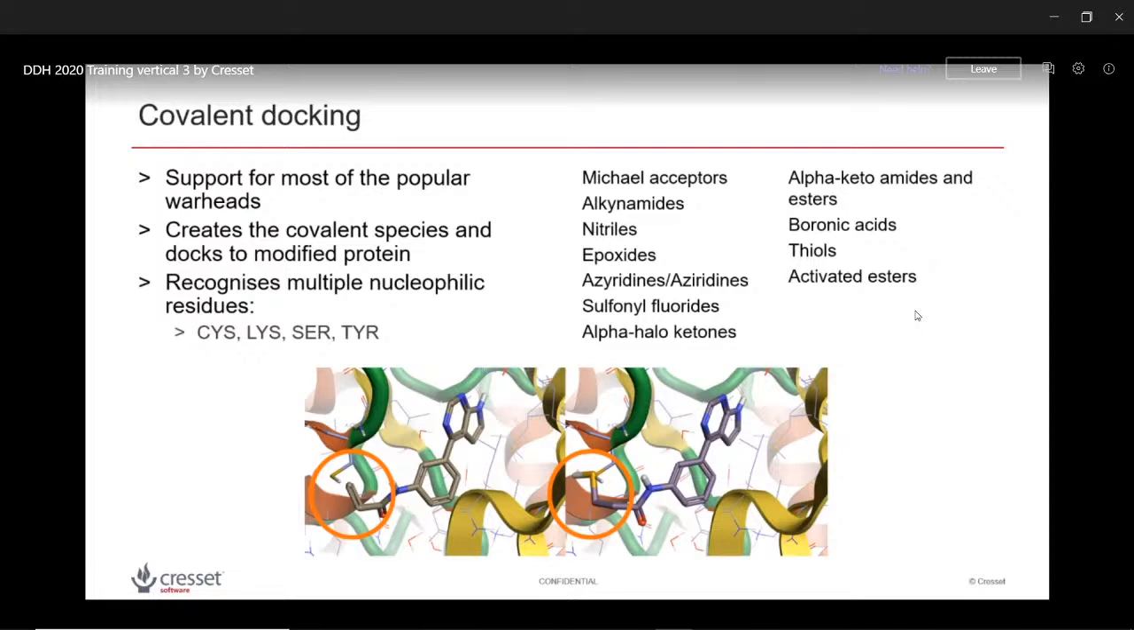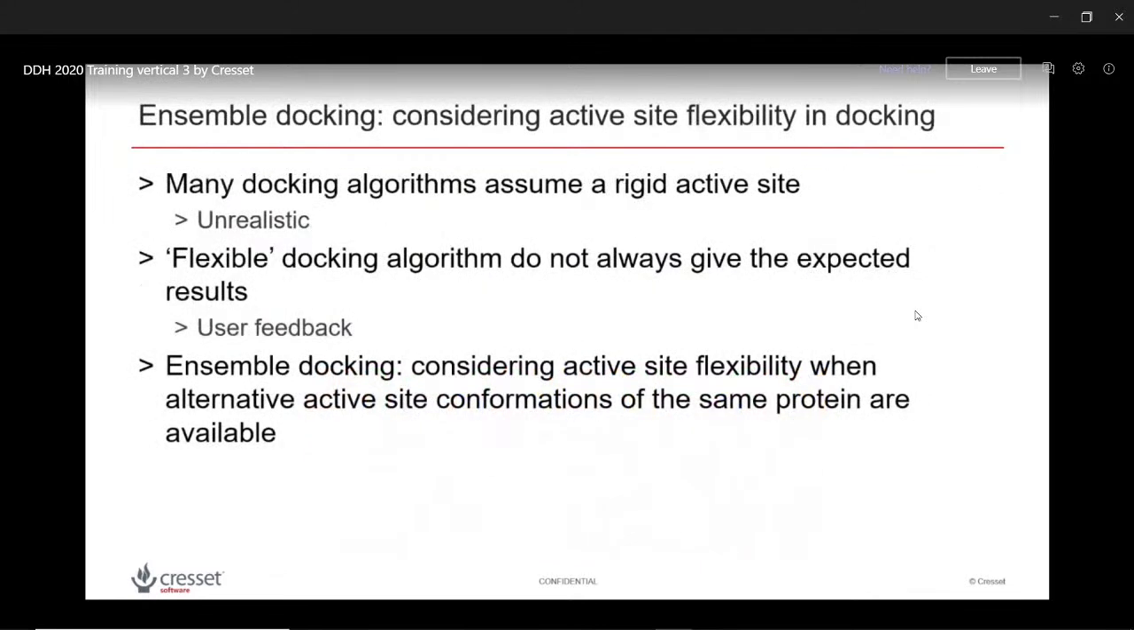So the residues that are supported within covalent docking are cysteine, lysine, serine, and tyrosine. Just a brief mention of ensemble docking. This was developed because many docking methods assume a rigid active site, which is unrealistic. Ensemble docking is a module of Flare for considering active site flexibility when you've got alternative active site conformations